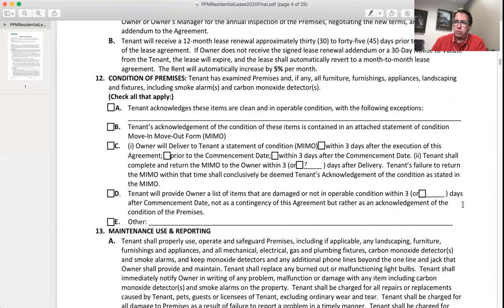But you really want to go through your property and say, hey, there's a mark here, there's a hole here, there's a scrape here, whatever it might be, because when you move out, you may be held liable for that. So you want to make sure you go through. You don't have to give us that form the day you move in. You can give it to us a few days after execution, but you want to do a thorough inspection of your property and then give us back that move-in form, which will be provided.